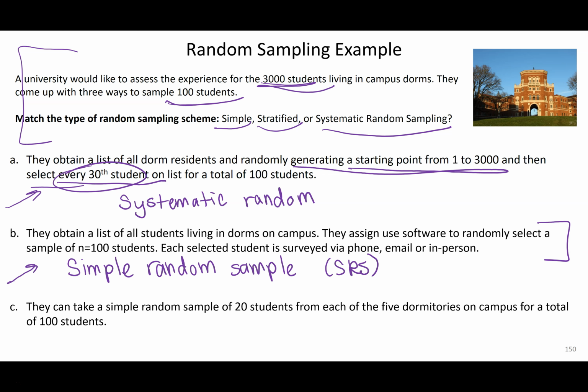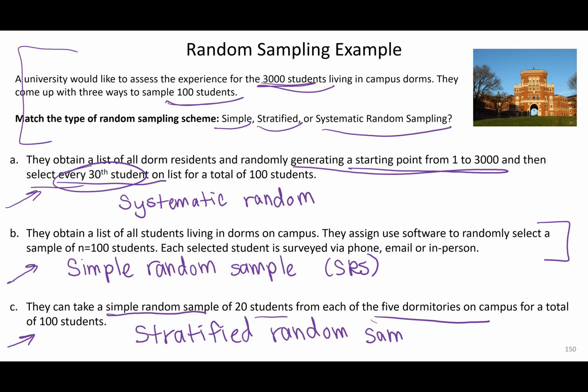And then C, they take a simple random sample, and I know that might be a tiny bit misleading, of 20 students from each of the 5 dorms. So what they decided is it was really important to get opinions from students in each dorm. So they stratified by dorm. This one's going to be a stratified random sample. Where the strata